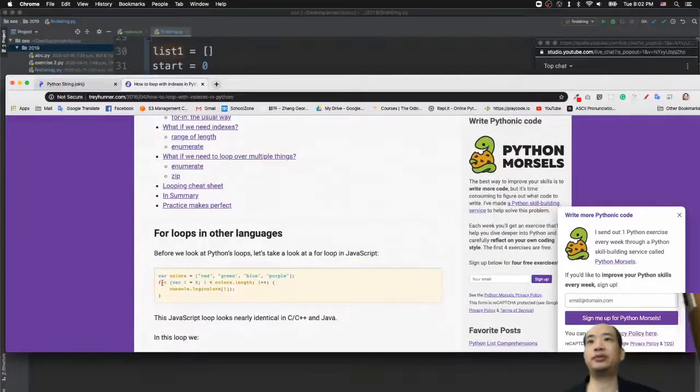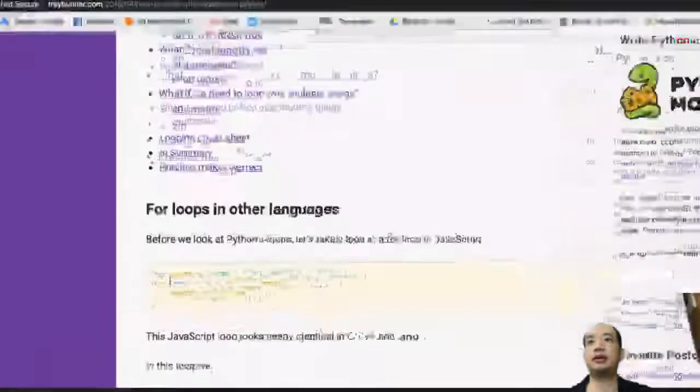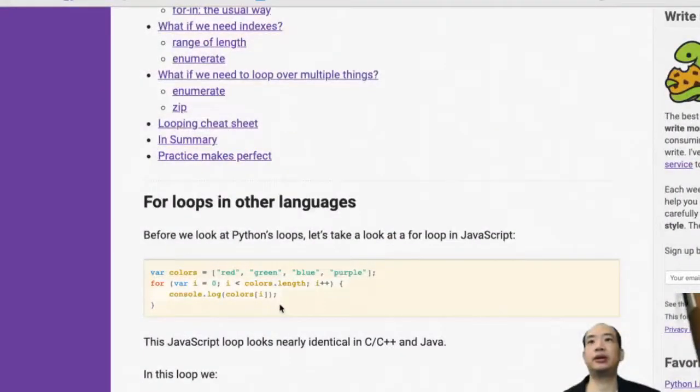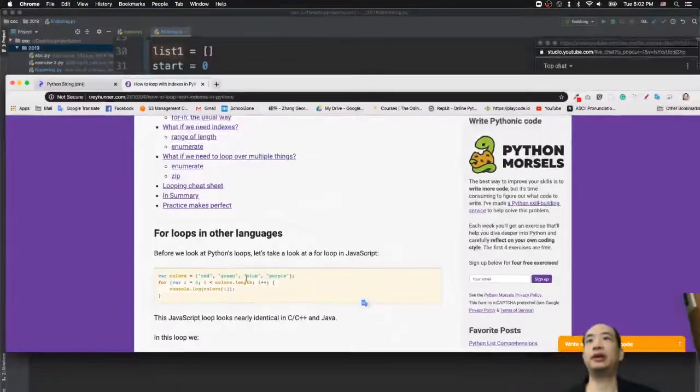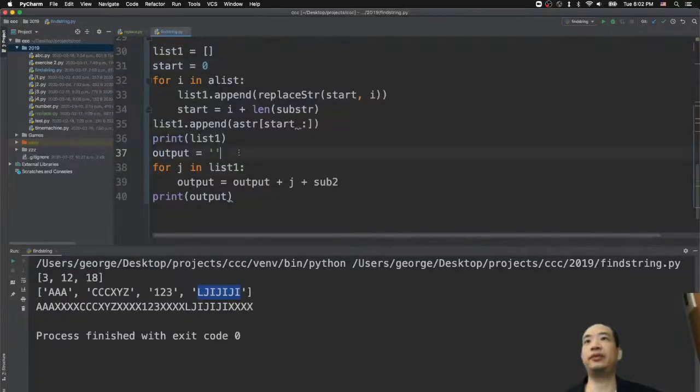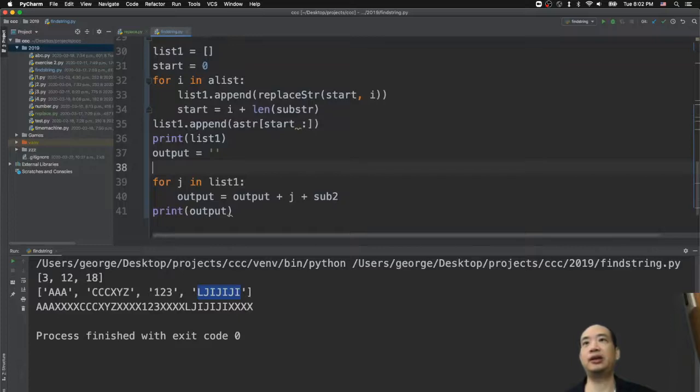You can use this for loop to loop your list, or if, like me, to make it easier, I may just give a start